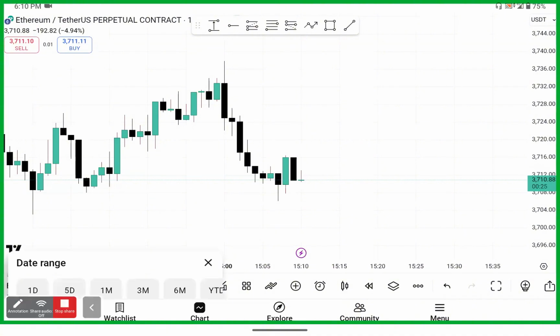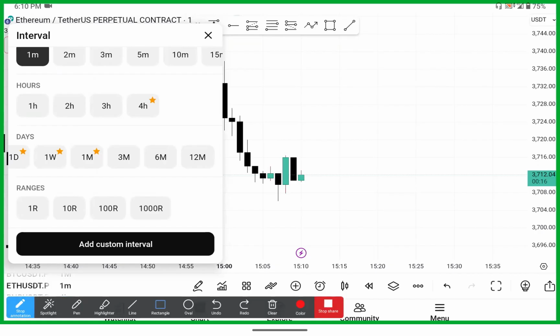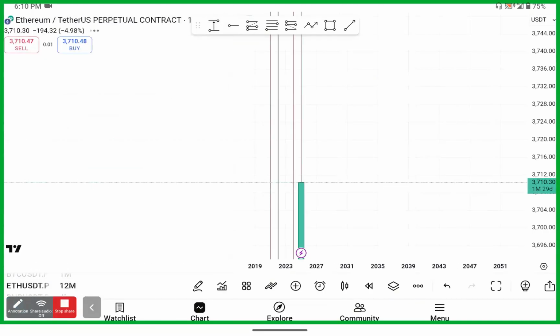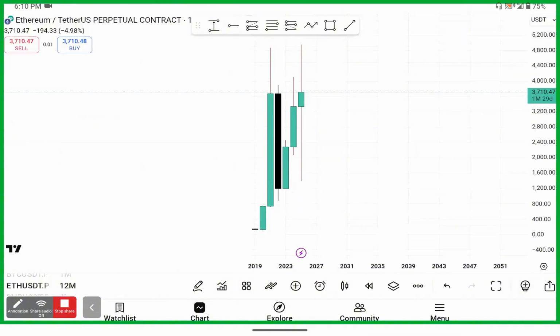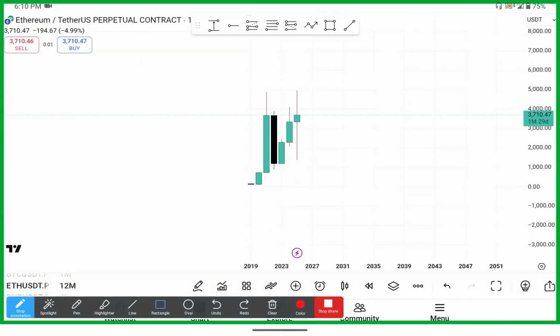Let me try and see if this chart has 1 year. It has 1 year. I hope you see here 12 months. So when I tap to 12 month, it will take me to the 12 month time frame, meaning our asset that we are seeing above, I hope you see our asset, it is Ethereum perpetual. In crypto trading, futures